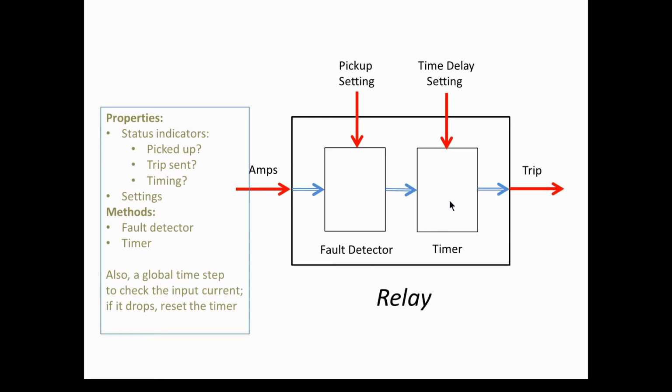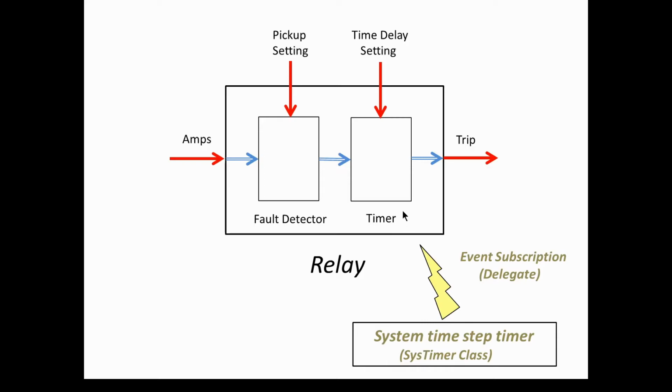So we also need not only this timer, but we need another global time step timer to, every tenth of a second or something, check to make sure that this fault is still sensed. And if suddenly the overcurrent goes away, you can reset the timer and not trip, okay? So that tells us not only do we need to have a relay class with functionality and properties, but we also need to have a system time step timer, which we might want to consider as a separate class, and then have this relay